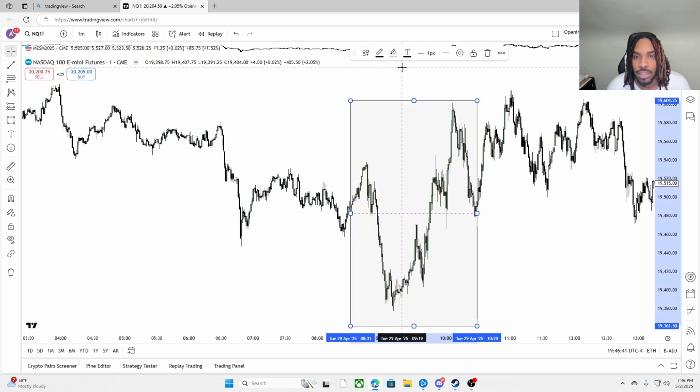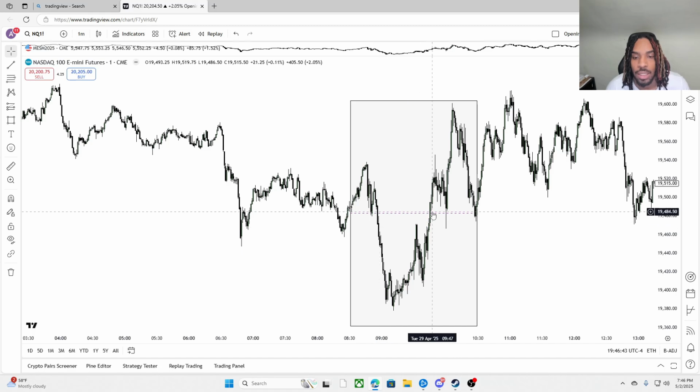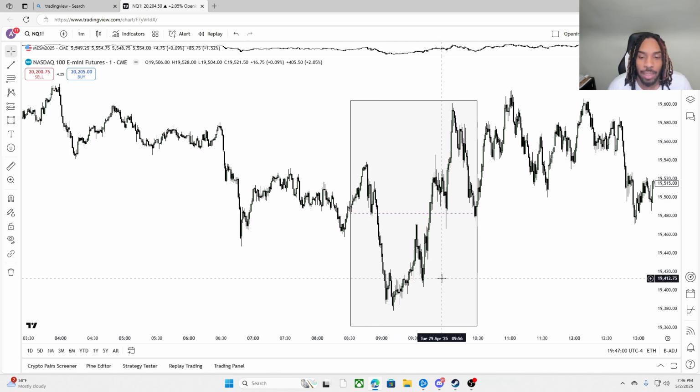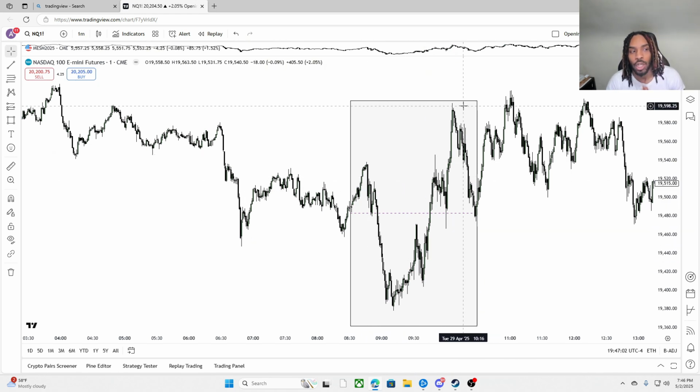What I want you guys to notice is before this price went higher, because we're going to be focusing on this price swing, we're going to be focusing on the buy program that happened and the fair value gaps and the PD arrays that were forming inside of this range. But I want you to pay attention: before that buy program happened, with all of my trades, this is what I was talking about, the narrative.